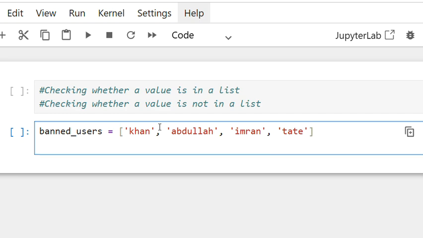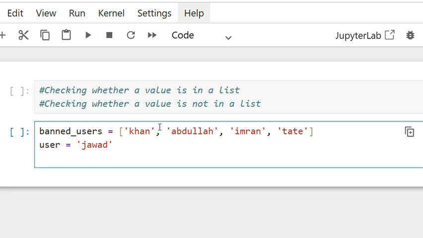Okay, let me just add user Jawad, and let me make a comment: if user not in banned users,